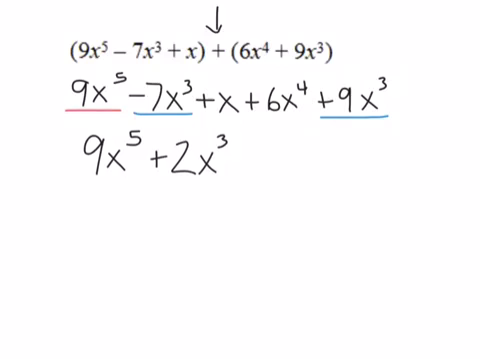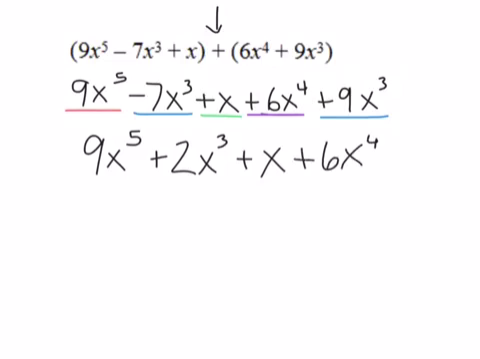All right, next we have plus x right here. Well, there's nothing else to combine that with, so I can just write plus x. And then we also have, and I could use a different color for that, there's no other terms with just an x. And then lastly, we have positive 6x to the fourth, and that doesn't have any other like terms, so we